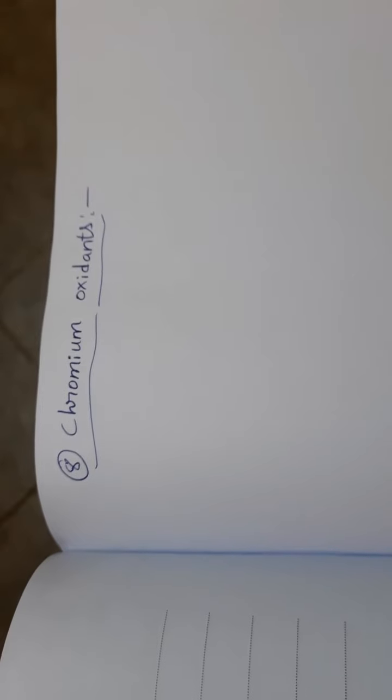In previous class, we completed sodium borohydride and reduction of aldehydes and ketones with this reagent. Now see the next one, chromium oxidants. Chromium is a D block element. This chromium can form various types of oxidizing agents. These chromium oxidizing agents are useful in organic chemistry, especially in class 12 chemical properties of alcohols. We can see these chromium oxidizing agents.